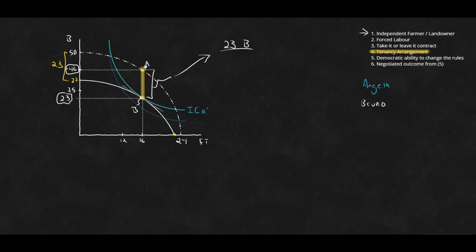However, Bruno would always want the incentive to push it down to the lowest price that Angela would be willing to accept. Angela, of course, would like to push it up to the highest amount that Bruno would be willing to accept. And ideally, we'd end up in the middle, but in cases 2, 3, and 4, we've looked at situations where Bruno has had all the power, and thus Bruno has been able to push this price all the way down to Angela's willingness to accept, and thus allows Bruno to capture the entirety of the surplus for himself.